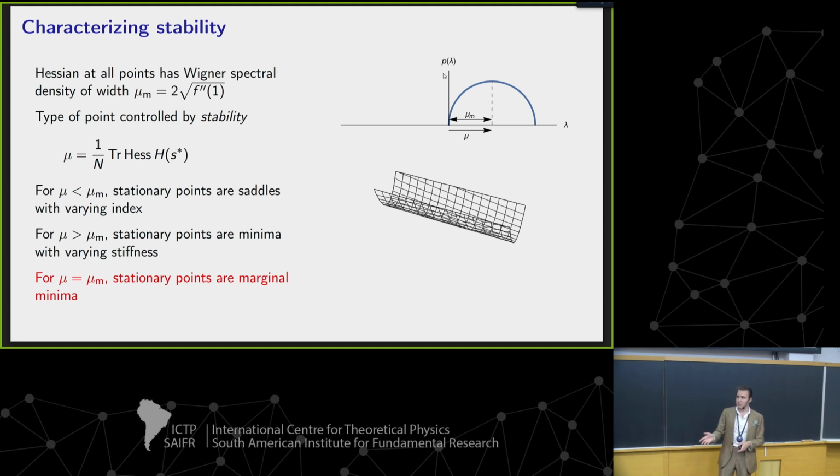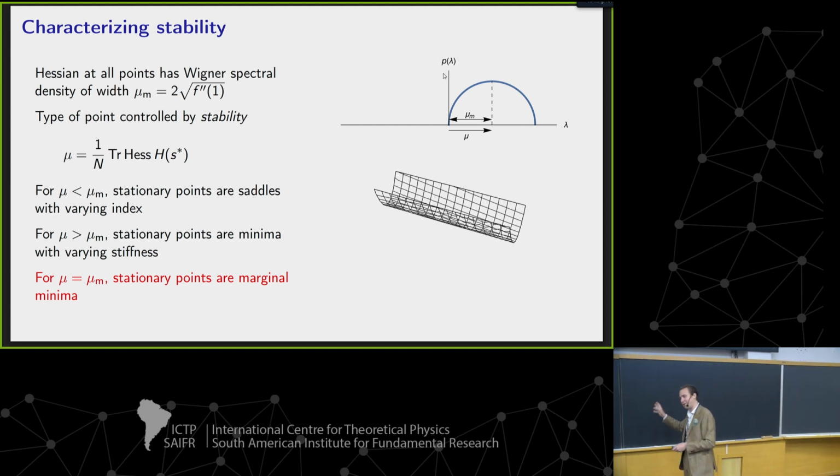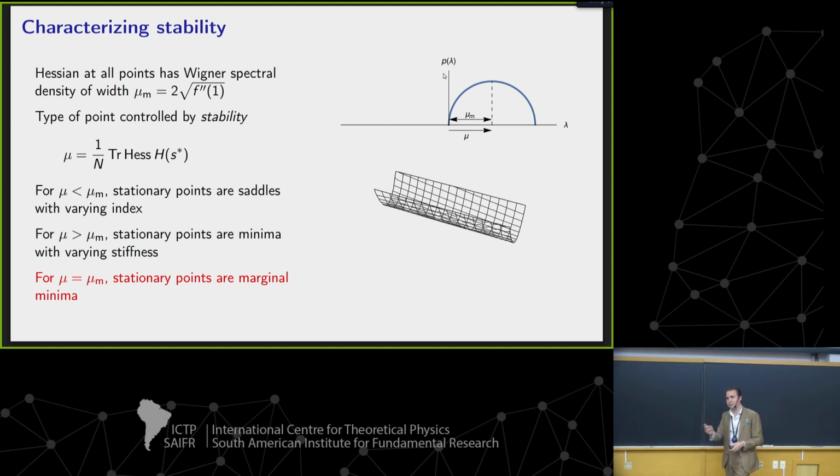Now, in high dimensions, in mean field theory, index 1 saddles and these marginal minima are not distinguished at the largest order in N calculation. And so when we want to look for places where we have the percolation of the landscape, what I told you in that nice cartoon in 2 dimensions, we should look for the concentration of low index saddles. Really, what we'll be looking for in practice are concentrations of marginal minima, where this spectral density goes from having an extensive number of downward directions, saddles of extensive index, to having none. This is the transition point. This is where we expect to see this percolation.